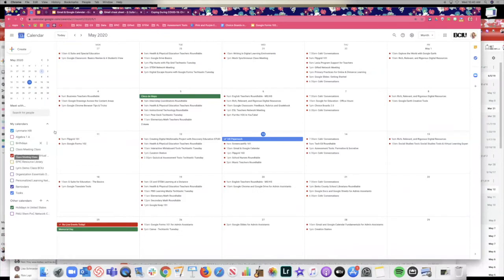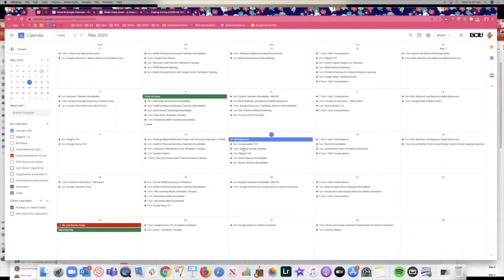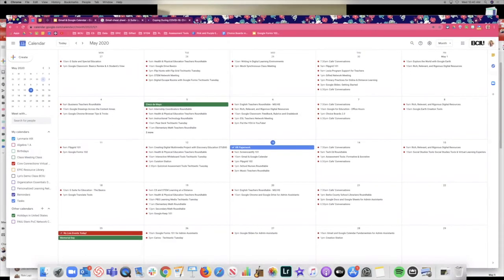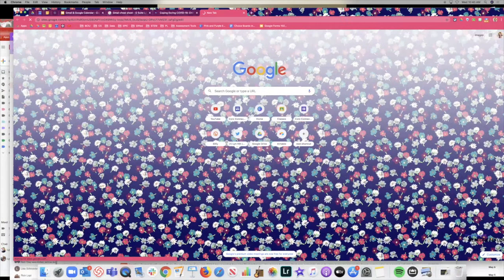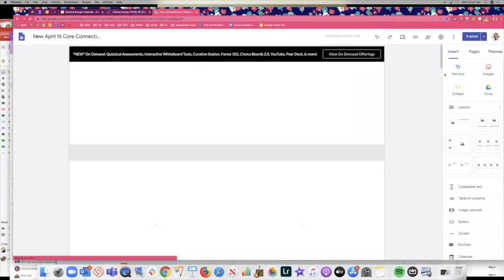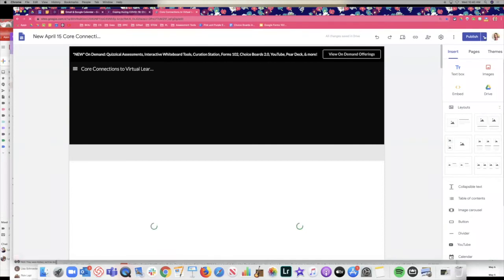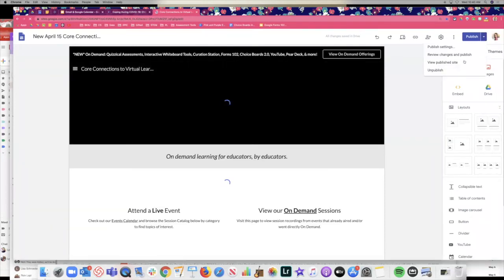Here is my work / core connections calendar here. So core connections, this is how we build all of the live events that we host on the Google site. So what you see when you visit our Core Connections Google site on the live events page is that calendar embedded. So that's another reason why I love Google Calendar, is this idea that you can embed it so easily